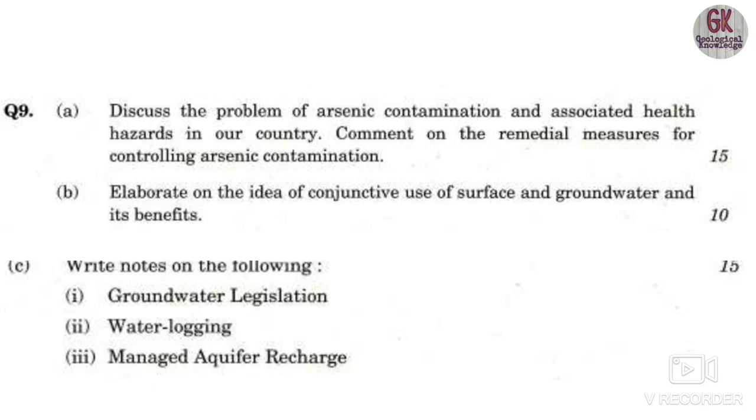So arsenic contamination is very high in the West Bengal state. In other states the level is also high, but the condition is very poor in the case of West Bengal, as I have read somewhere in that particular book. So that we have to write down.